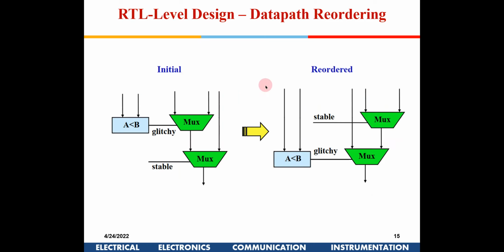Now this is like an RTL path. Suppose this is a glitchy circuit. Glitchy means it has got a high activity level, right? If this input from a mux has to go to a different mux, whatever activity is happening here is getting transmitted to this mux also, right? So if this is reordered, here you see this activity doesn't